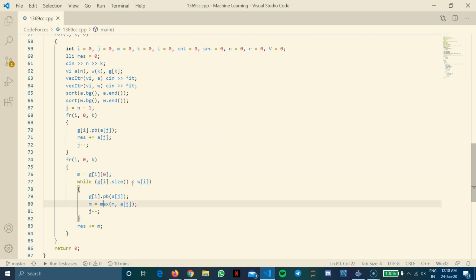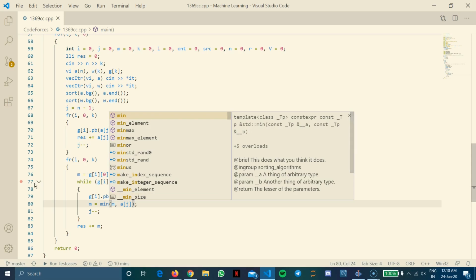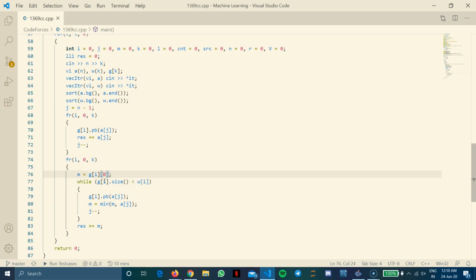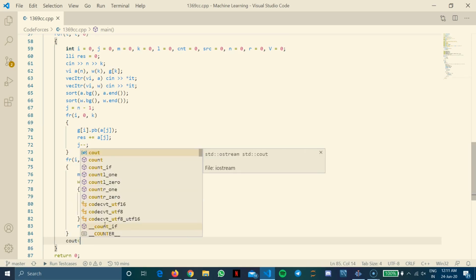So this will also work for the case when only one number is needed to be filled in the gi. So basically when wi is 1, this gi dot size will already be 1, so we'll store the minimum number in this. Okay, I found one mistake, which was minimum, so we'll store the minimum in this. And even if gi dot size is 1, we already have the minimum, and then we are going to add here. Now we can print res,